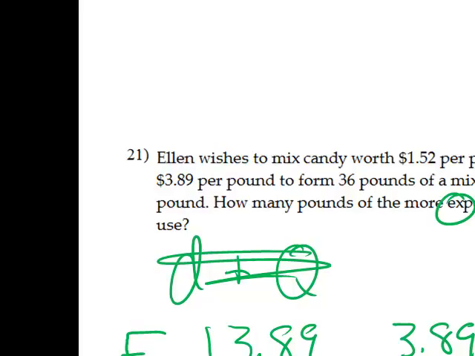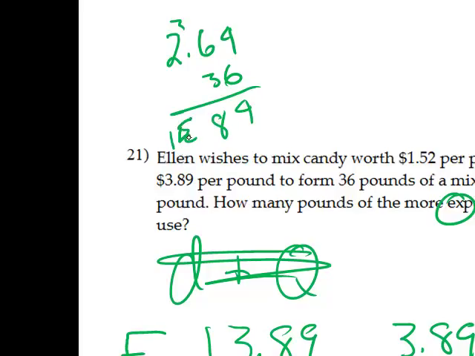36 times 2.64. I don't have my calculator. 2.64 times 36. It's 4, 2, 8, 3, 12, 15, 2, 1, 19, 1, 7, 4, 0, 5, 8, 85.04,